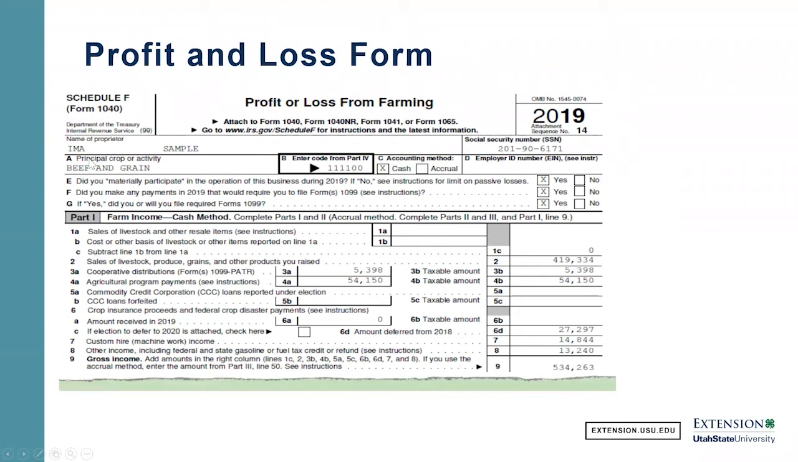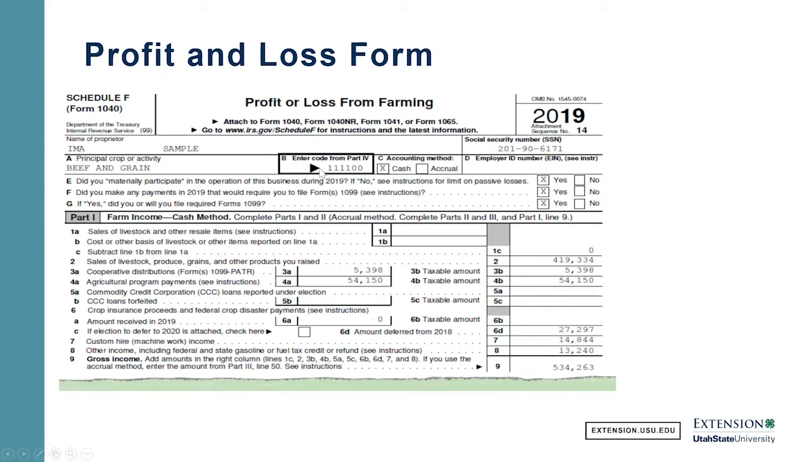And then you've got a name up here, the name of the proprietor. So that's whoever the owner is. And you'll see there's only one line for this. And so if you have a husband and wife, it's either going to be split, and so two Schedule Fs will be filled out for both the husband and the wife, or it's all going to go under one person's social security number. But really, it's just the name of the proprietor. So a single owner with their social security number, the principal crop or activity,